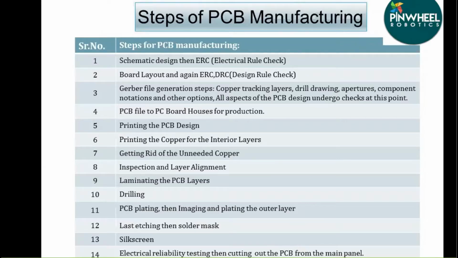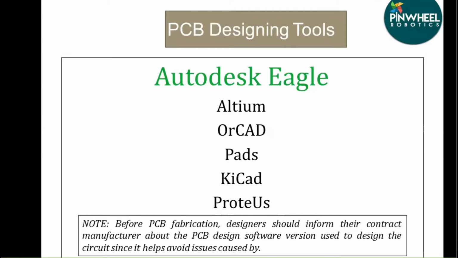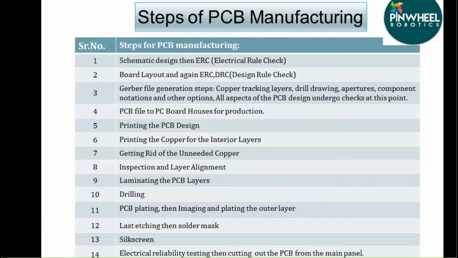How do we manufacture these PCBs? The very first step for manufacturing a PCB is the schematic design. Various tools are used for designing the schematic, like Autodesk Eagle, LTspice, OrCAD, and many more. In our college life, we generally use Eagle because it is easy to use and it gives a free version, right? The board layout can also be designed in Eagle, and we have to follow certain parameters. A PCB designer has to follow certain parameters which are called ERC and DRC.